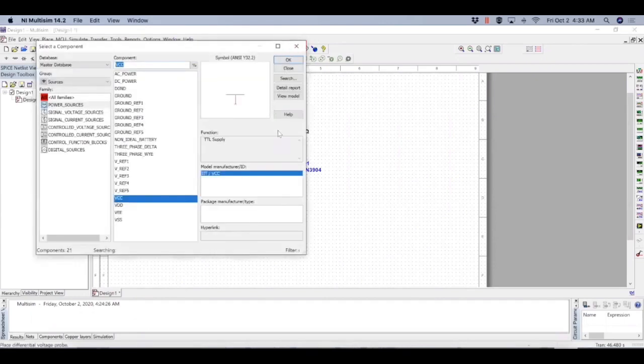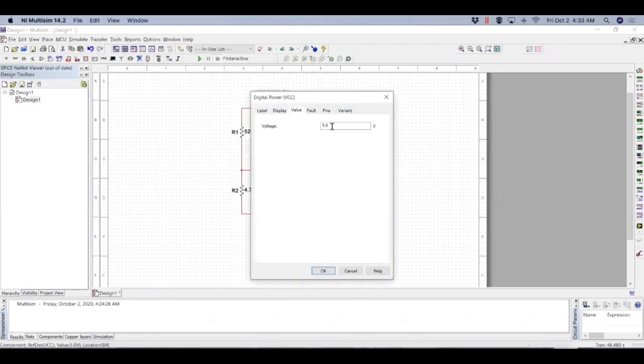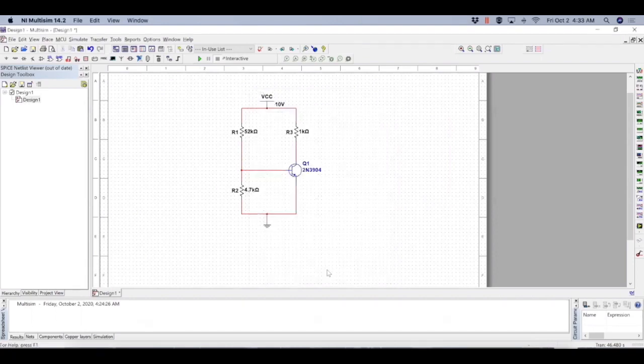So I connect here and let's change this voltage. I like to keep it 10 volts. So our VCC is 10 volt here. We have to see